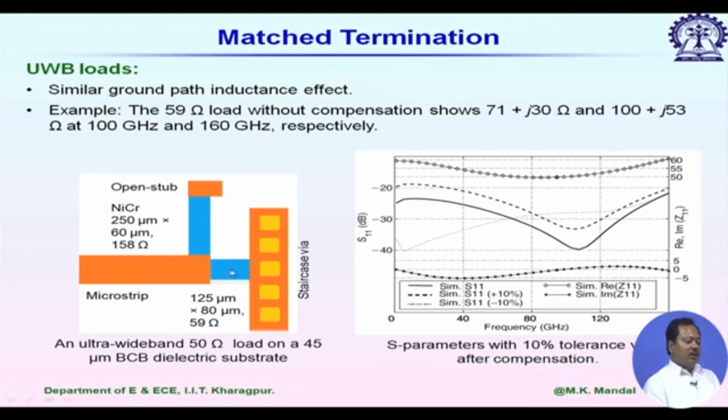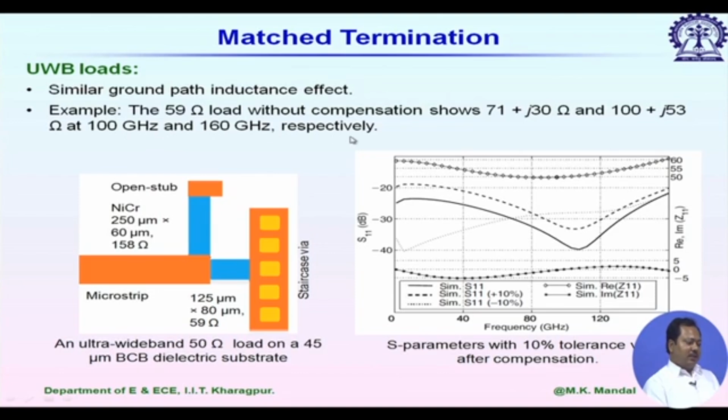film resistors. One is grounded by using a chain of vias, and the second one is connected to one open stub, which will give some shunt capacitance. So, this additional shunt arm, of dimension 250 micrometer by 60 micrometer, will give you an equivalent resistance of 158 ohm. This is the DC resistance. So, without this shunt arm, it shows 71 plus j30 ohm and 100 plus j53 ohm at 100 gigahertz and